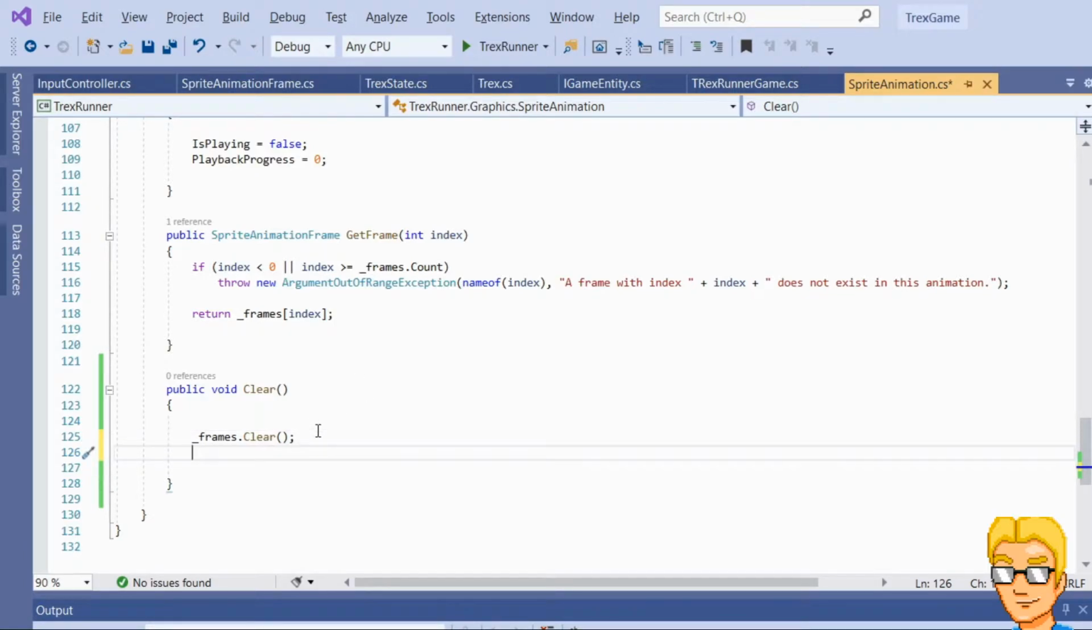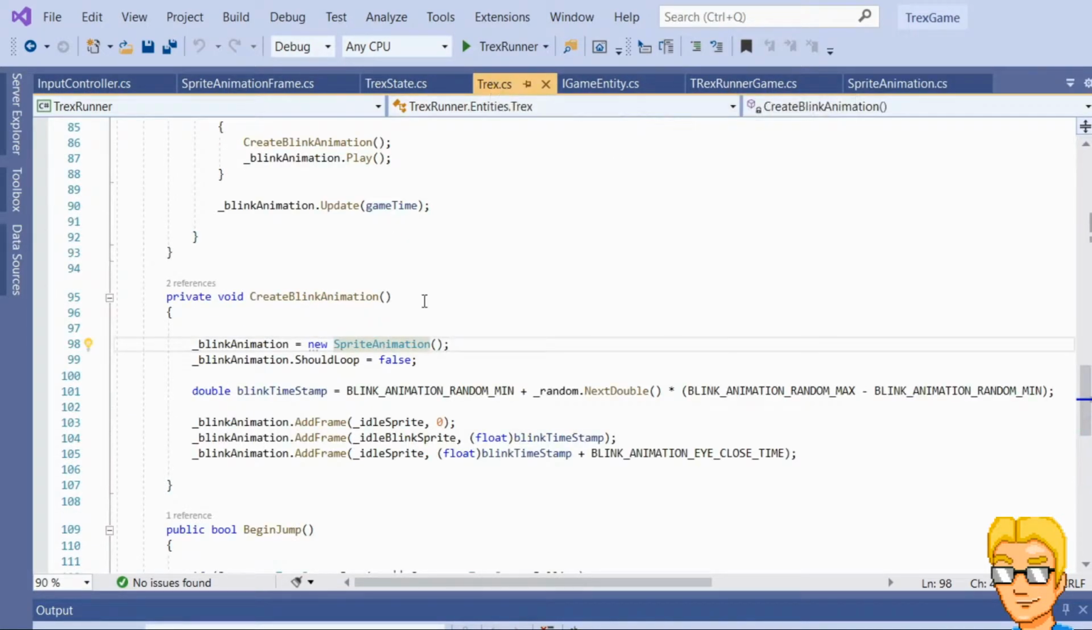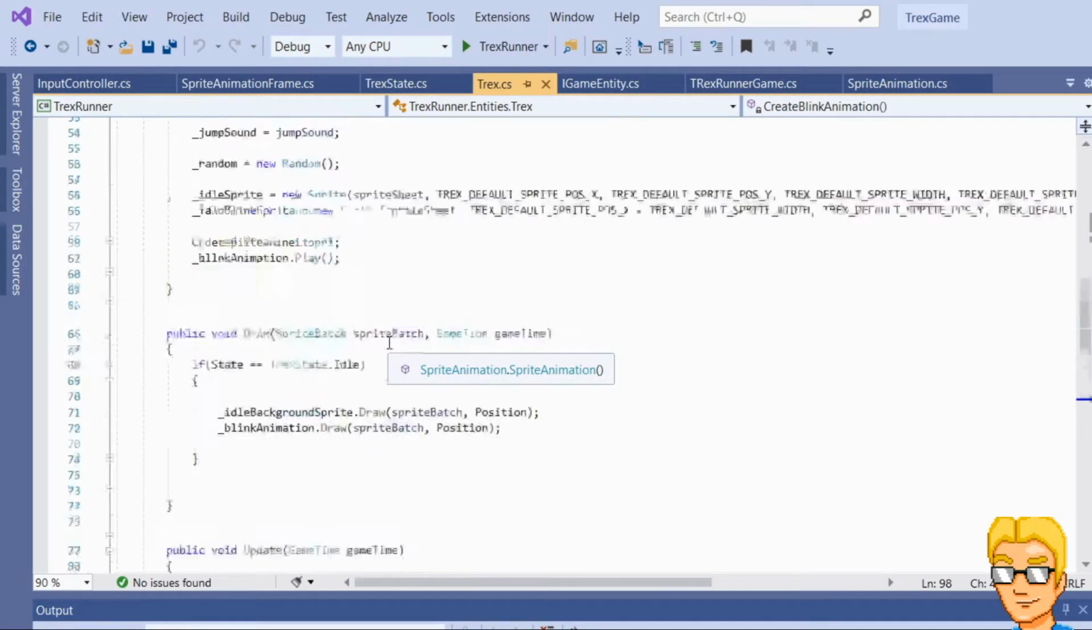And after clearing, the animation should also stop automatically. Let's actually make it stop first and then clear the frames, even though it doesn't really matter. Now let's go back into the Trex class, and instead of creating a new sprite animation over and over, let's